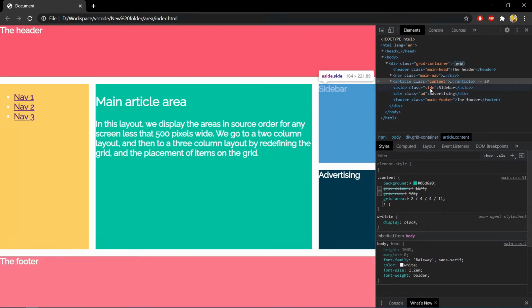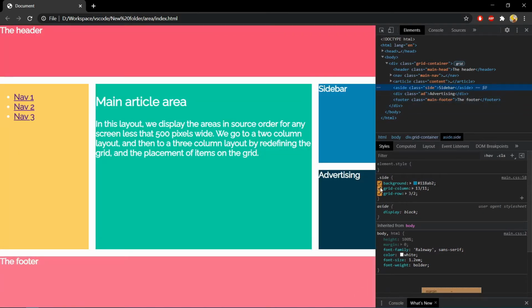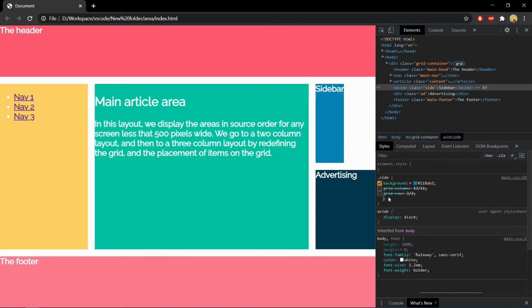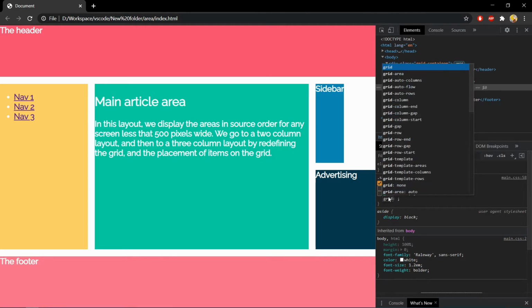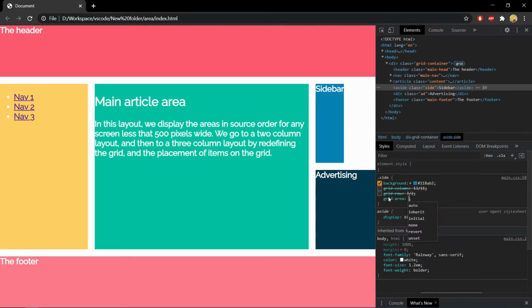Let's try for side. The first parameter will be grid row start, then column start, then row end, then column end.